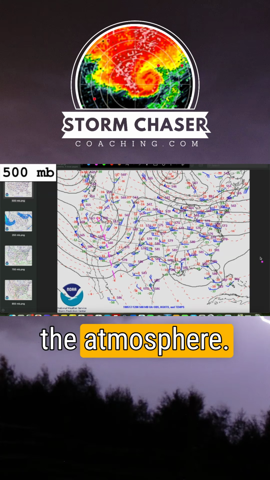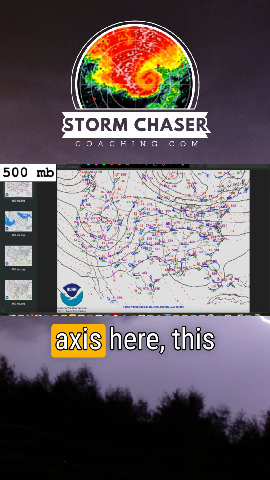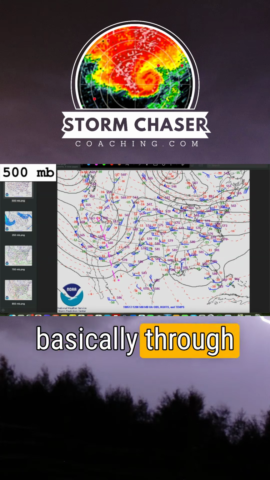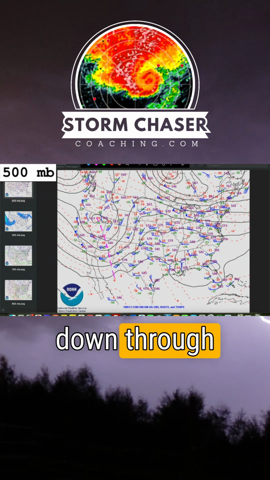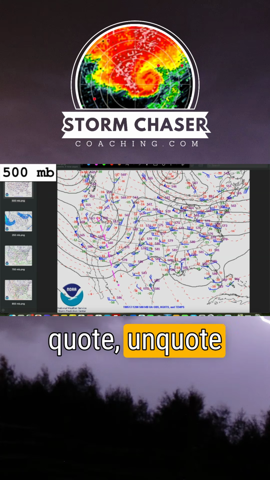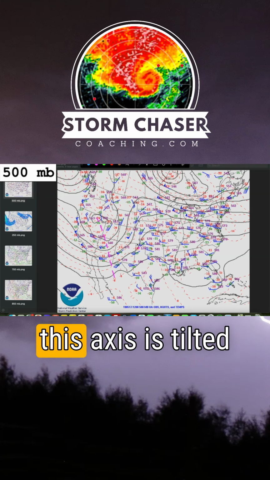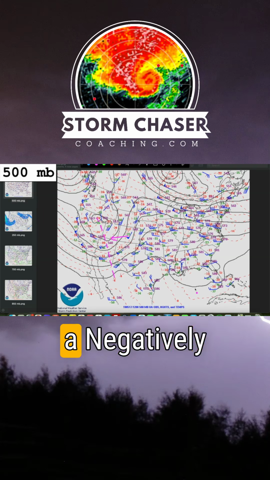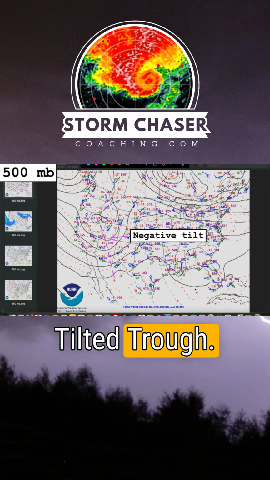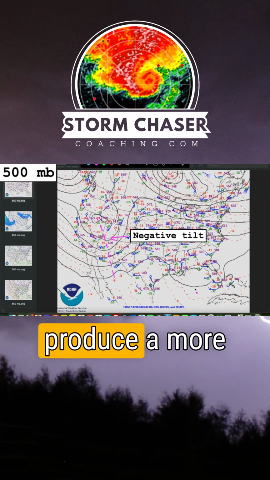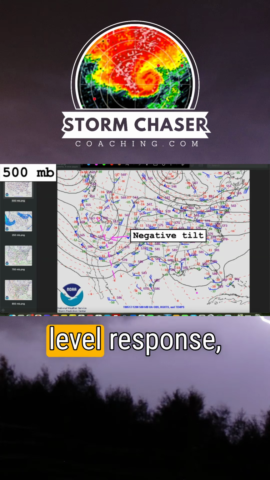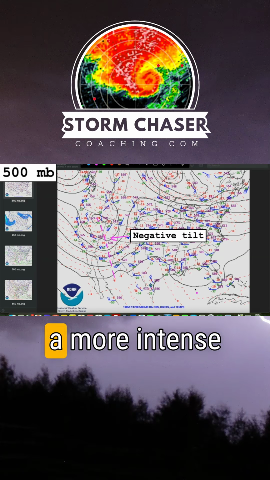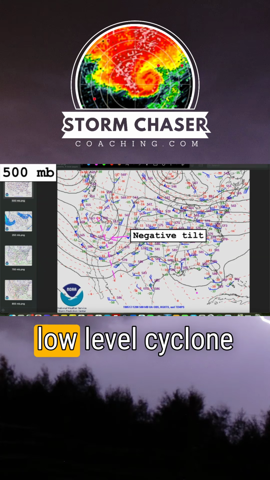So going back to our trough axis here, this dashed pink line basically through the center of the trough down through the base of the quote-unquote ski jump. When this axis is tilted back to the left, like it is here, this is called a negatively tilted trough. Negatively tilted troughs tend to produce a more intense low-level response, which means a more intense surface low or low-level